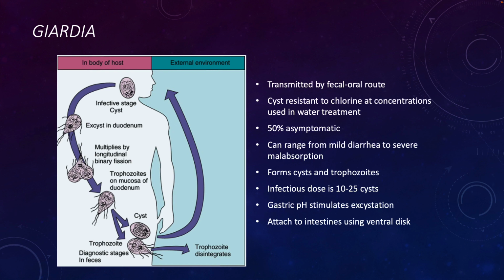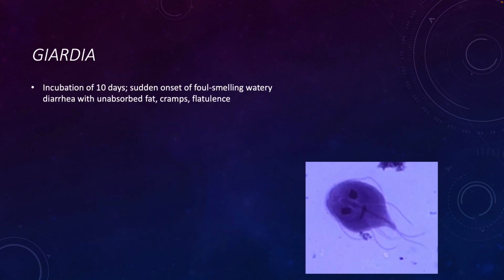They do form the cysts and trophozoites. The infectious dose is anywhere from 10 to 25 cysts. The stomach acid, that pH, is actually what triggers the cyst to become a trophozoite. And then they'll attach to the intestines using a structure called a ventral disc. There's an incubation period of about 10 days from consumption of the cysts, with a sudden onset of foul-smelling, watery